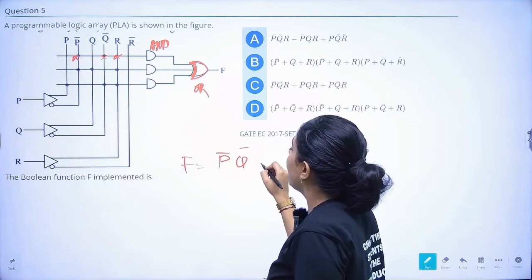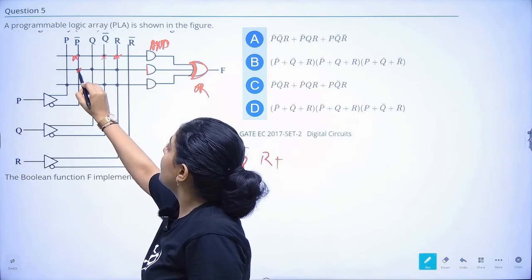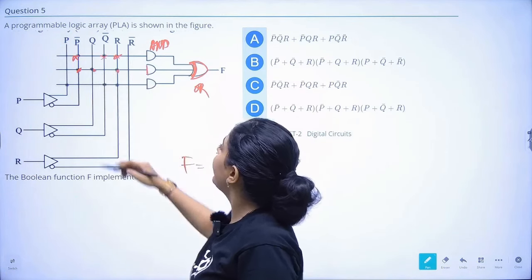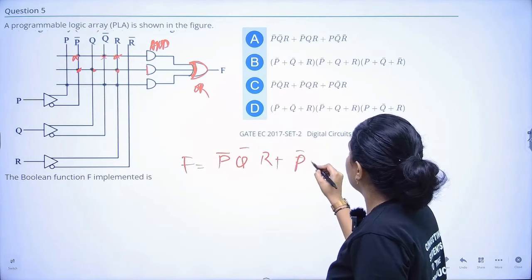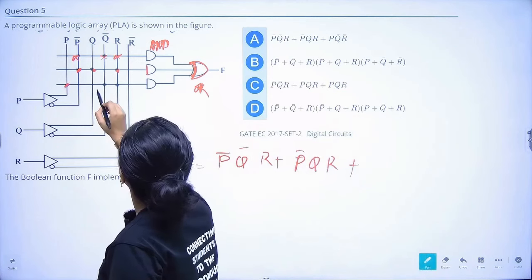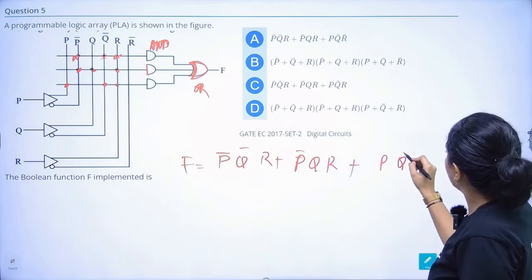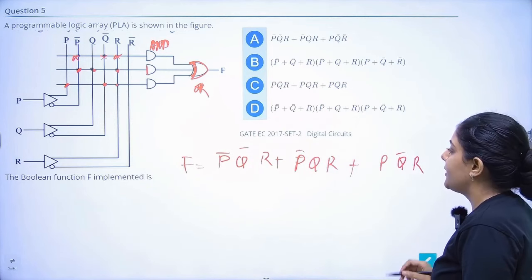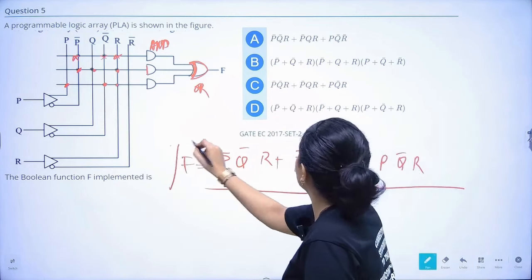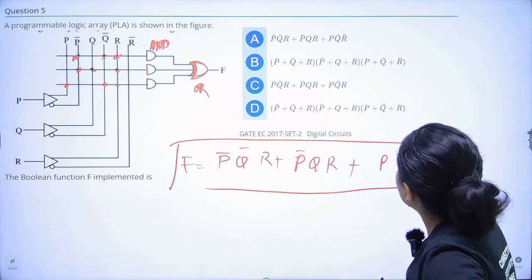Moving on to the next AND gate, it is P bar Q R. Moving on to the next, it will be P Q bar R. They all are ANDed, giving the final output. It will be option